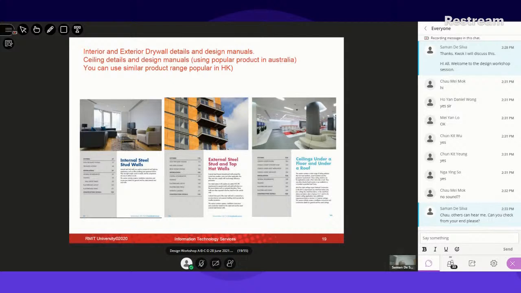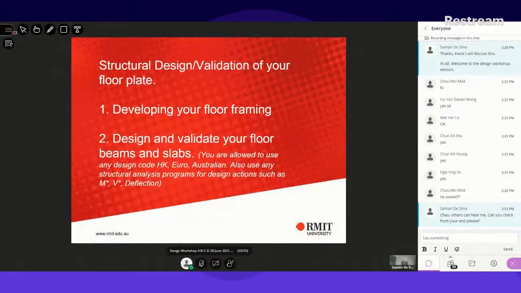Obviously, you can use any stud wall or drywall system made available, but as long as you use proper guidance through one of their catalogs: how to install, how to design, what the details look like, how do you connect it to the floor slab, how do you connect it to the underside of the slab before the ceiling goes in. That type of detailing will be required. Now,